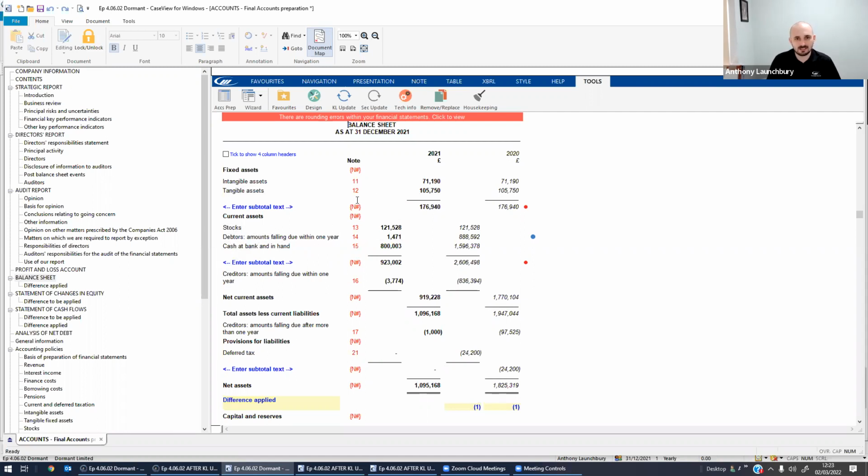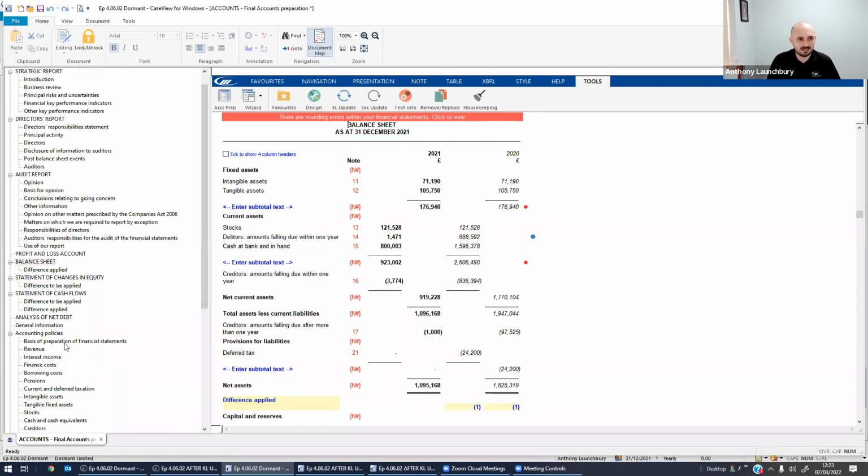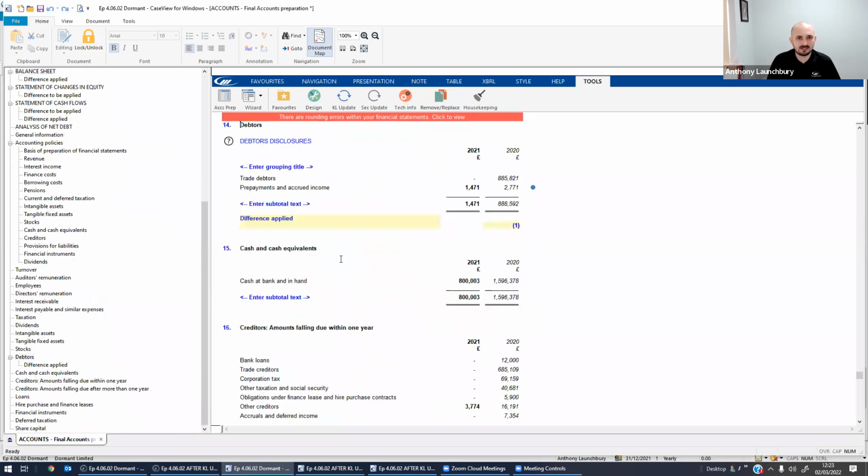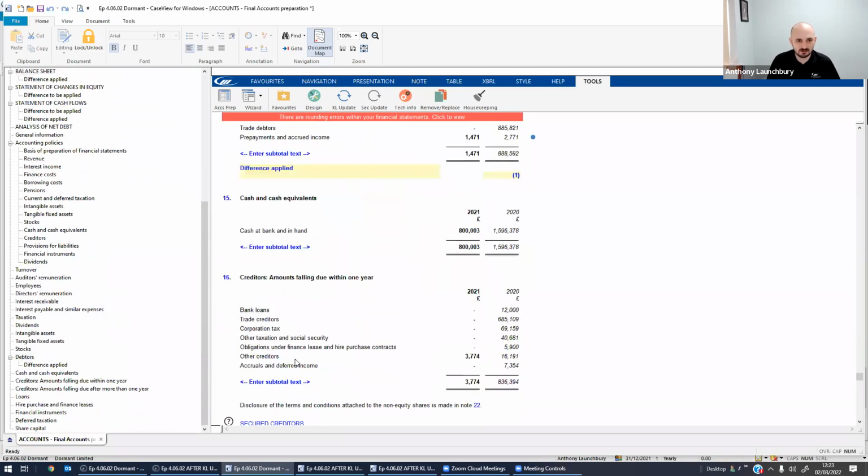If you've edited this table, or edited the debtors note or the creditors note, for example going through the other creditors and removing a balance that was maybe a material DCA balance, then you can